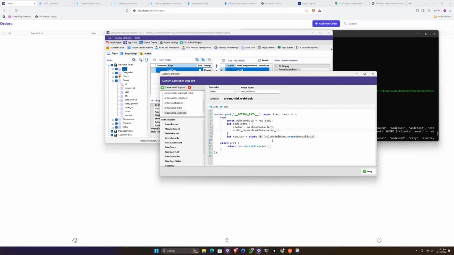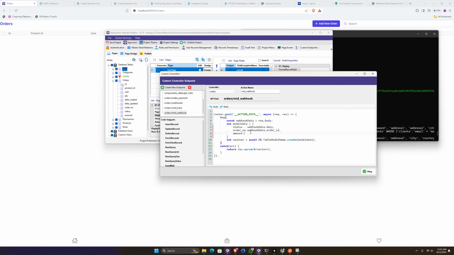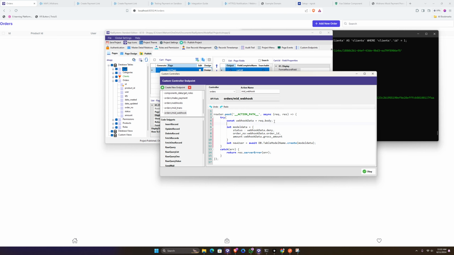There you go. The next thing you might need is the amount. Now the amount, you can get it from here, gross amount, and you're going to do webhookData dot gross amount. Great. Now in some situations, instead of doing this transaction here, you might need to skip it. So what you can do is come here and do if webhookData dot status is equals to pending, then we do this,